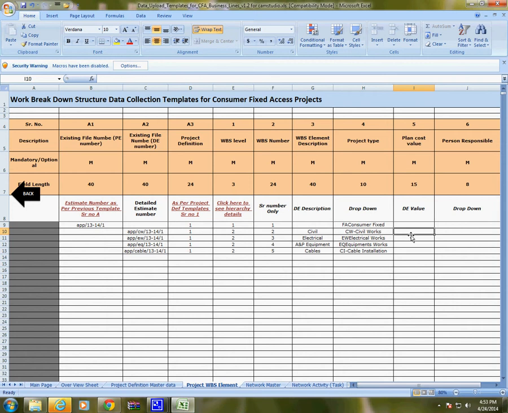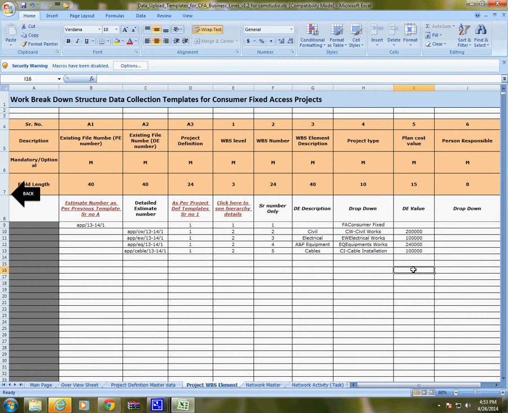For civil works, how much the detail estimate has been prepared? Suppose it is for 2 lakhs. Civil works detail estimate has been prepared for 2 lakhs. Electrical work has been prepared for 1 lakh. A&P exchange for 2,40,000, cable for 1 lakh.